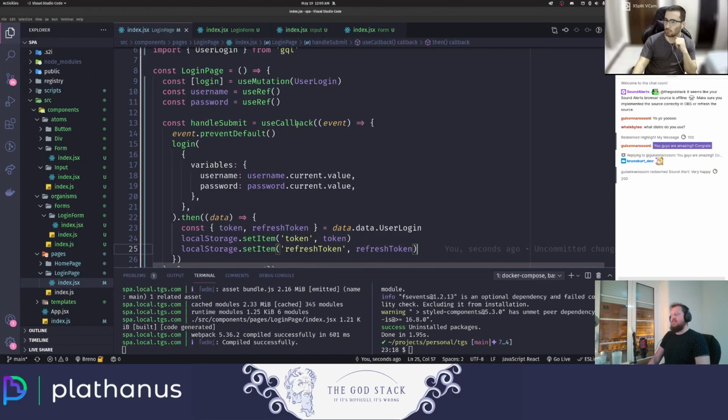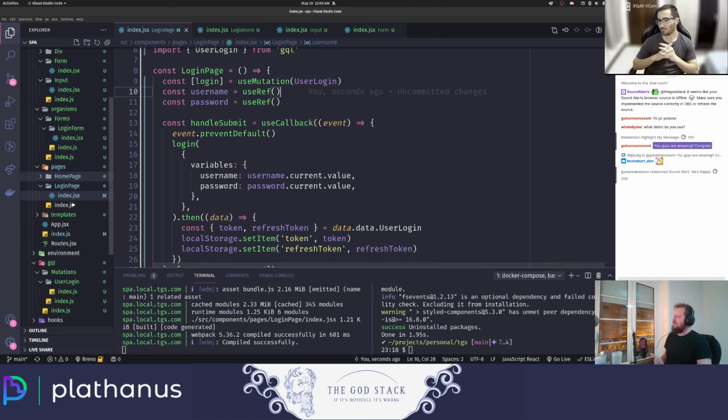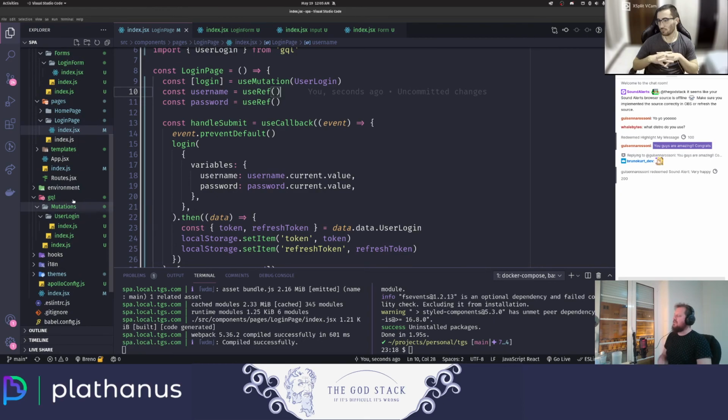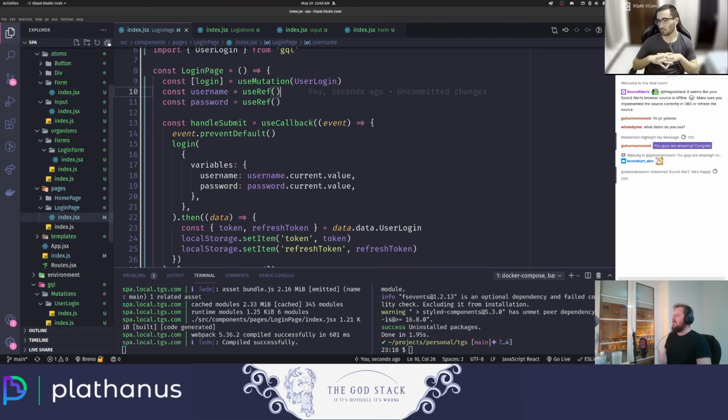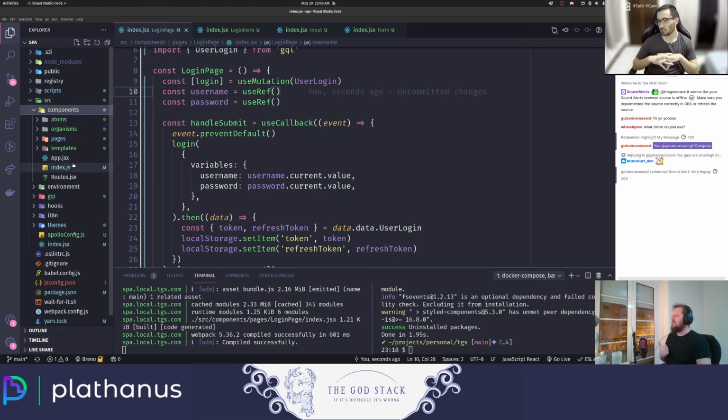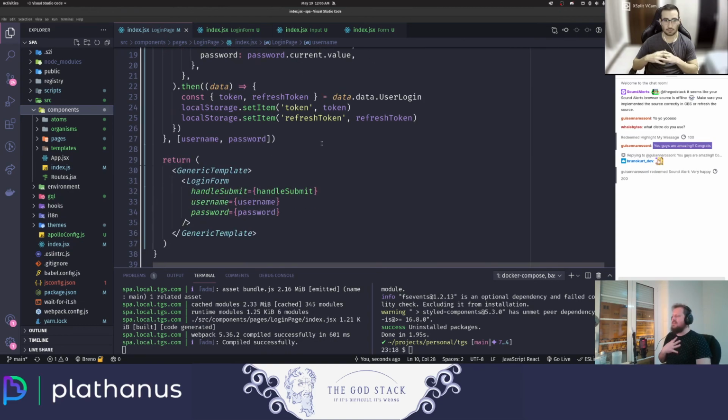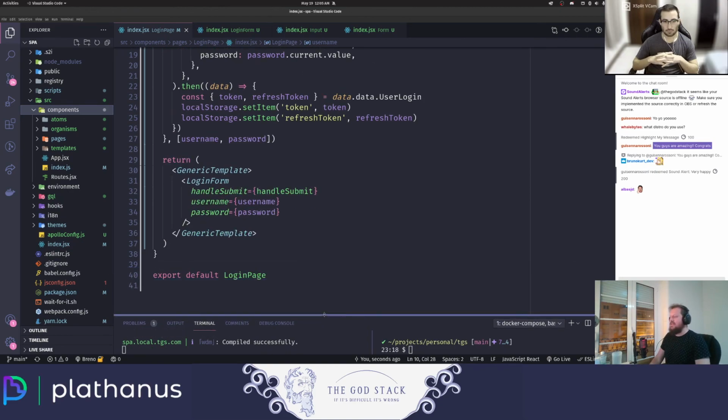Well, this was a very busy day. Today we worked with how to connect to the backend. We worked with the components, doing the atomic design. We saw how to connect all these things, how to make the logic here. Another thing, the last thing that I wanted to show you,